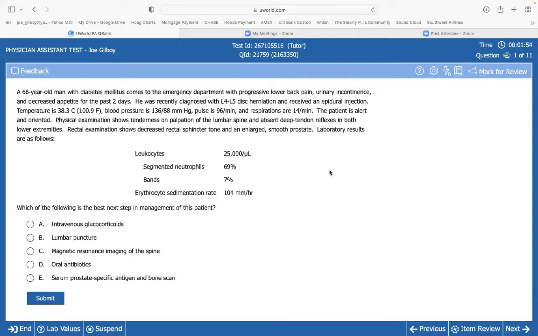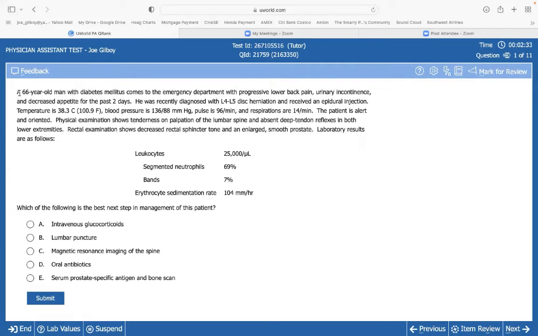I'd go, 66, urinary incontinence, pain, fever. Oh my God. Wow. Lumbar spine, absent deep tendon reflex. Oh my gosh. Cauda equina, do MRI. Okay. I tell this to all my high-risk students. I do tutoring throughout the country, and I always tell them this, and I'll say the same thing to you. You are walking into a jail cell. This is your cellmate. You do not get to leave the question ever. And how many times in PA school have you taken a question and added something to it because it made you feel better? You're like, oh, I feel better when I sprinkle a little of this. You're in jail. You don't get to leave. You're stuck with this guy.